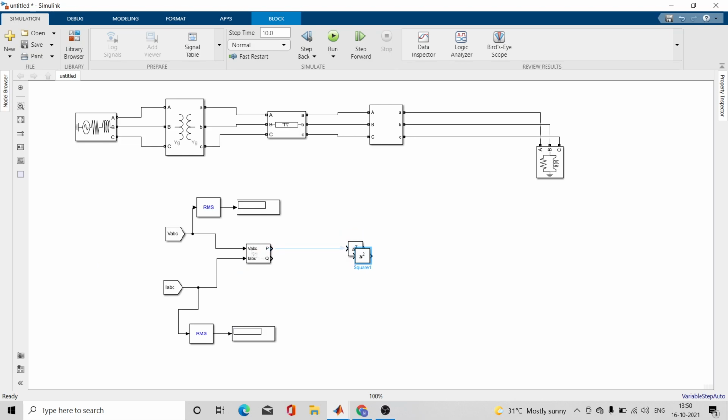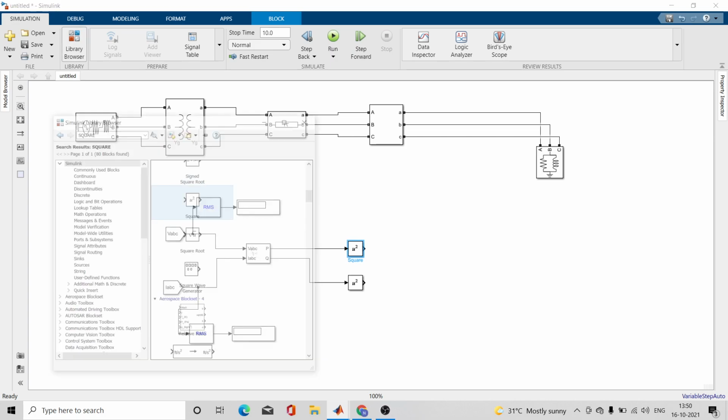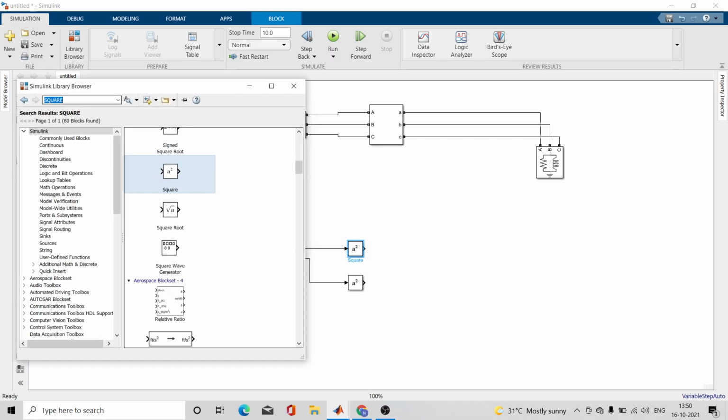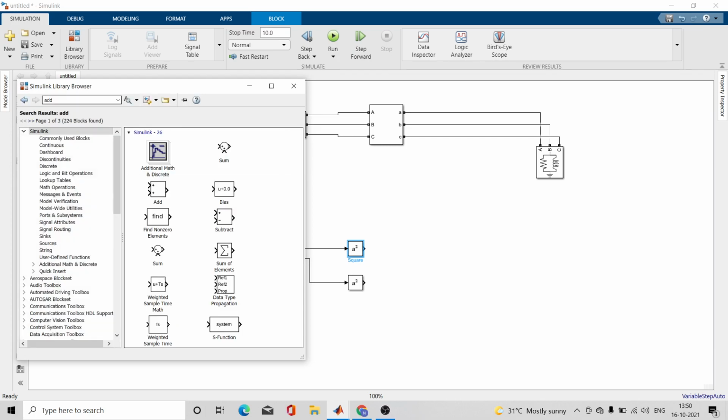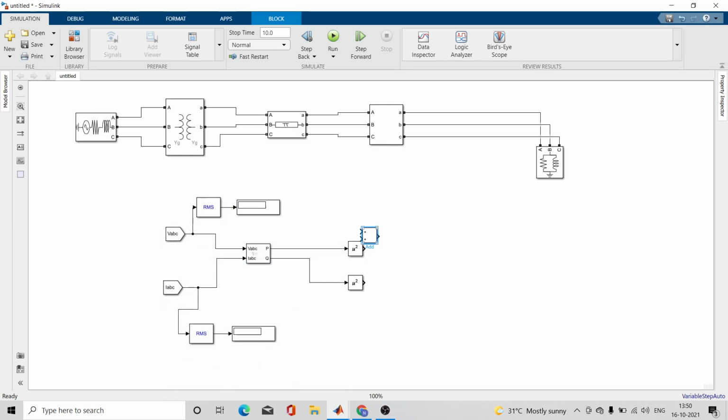I'll copy this and paste, because I have to do q square as well. So p square, then q square, and I want p square plus q square. So I need a sum block or add block, right? So I need this add block.